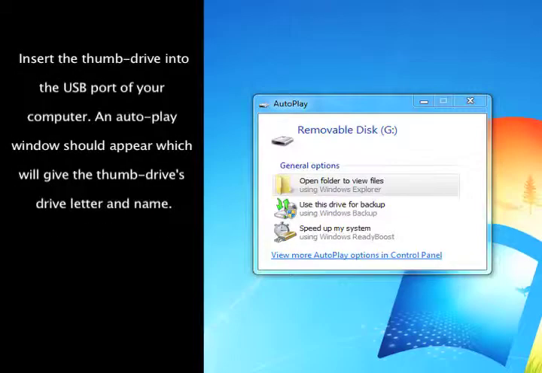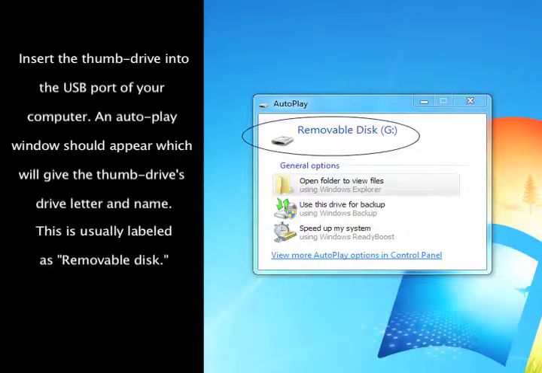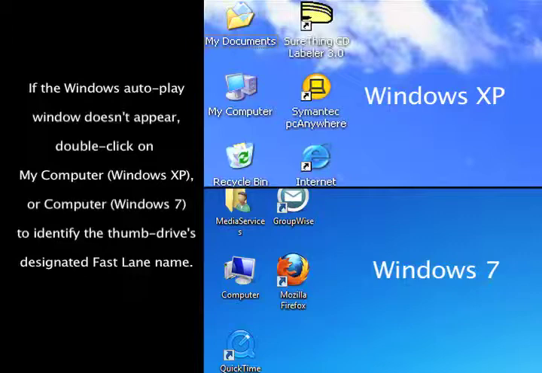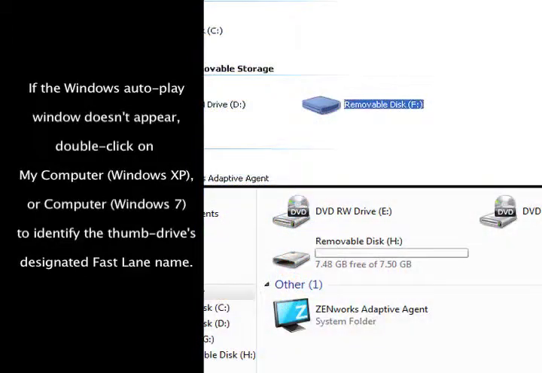Insert the thumb drive into the USB port of your computer. An autoplay window should appear, which will give the thumb drive's drive letter and name. This is usually labeled as Removable Disk. If the Windows autoplay window doesn't appear, double-click My Computer, Windows XP, or Computer, Windows 7, to identify the thumb